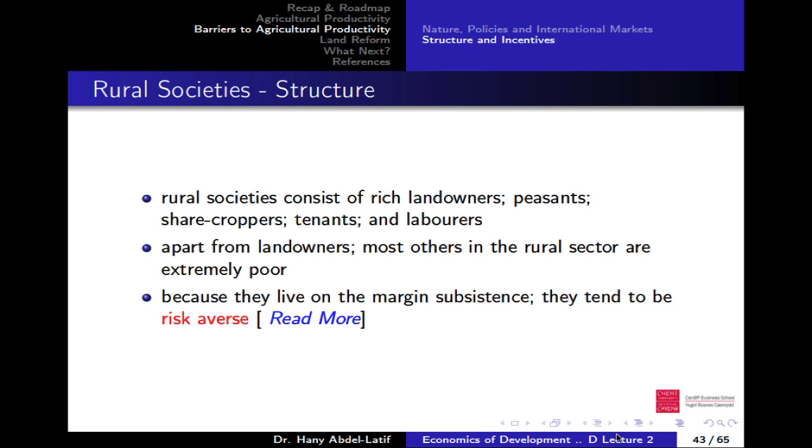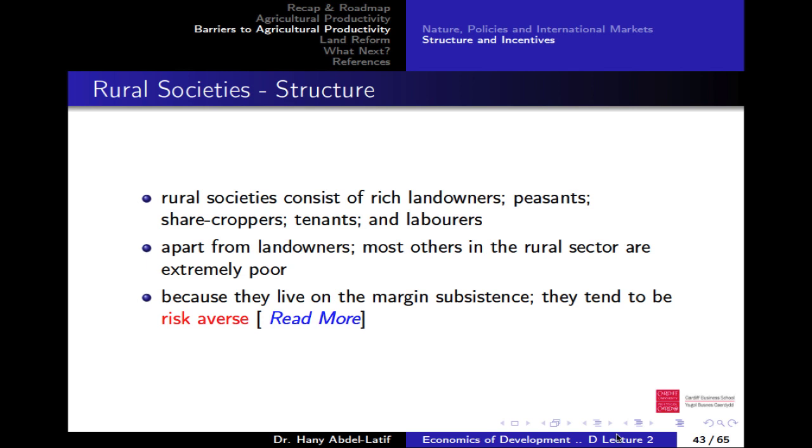Tenants. Again, I use the same example. They just give me money at the end. Once they sell whatever they have, then I get what we agreed on. Again, there's no contract, okay? And I can kick them out the next day by just saying, now it's time to leave. And laborers, farmers, they get paid for their work.